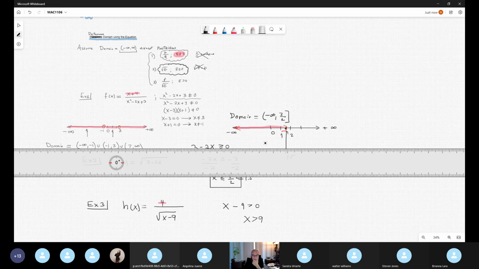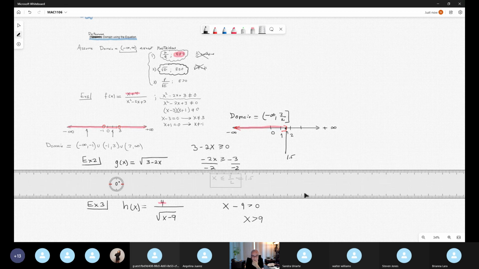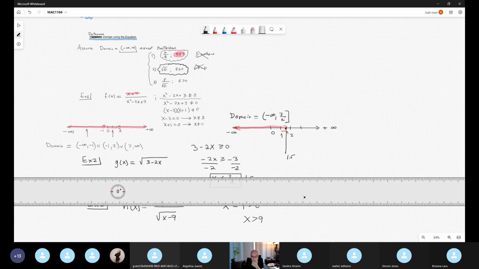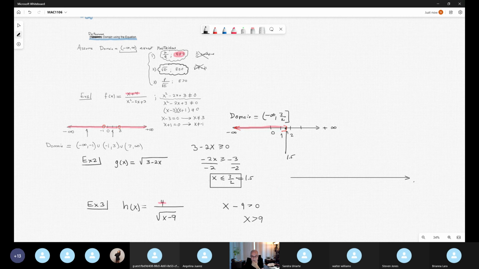Therefore, one more time, I do the sketch because it's an inequality. This is my number line. Infinity positive, infinity negative. 0 in the middle, and then 1, 2, 3, 4, 5, 6, 7, 8, and 9. It's 9 here. And this is to the right, because it's greater than, and of course, not including 9. It's not equal. It's parentheses. Therefore, our domain in example 3 is,